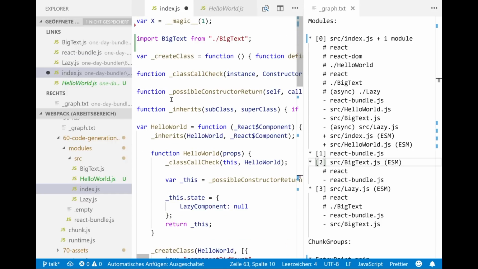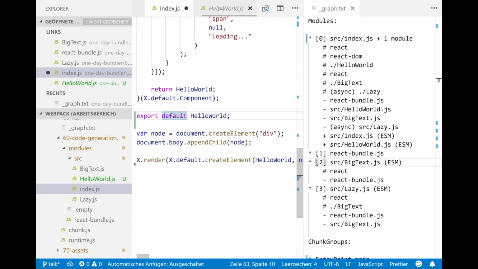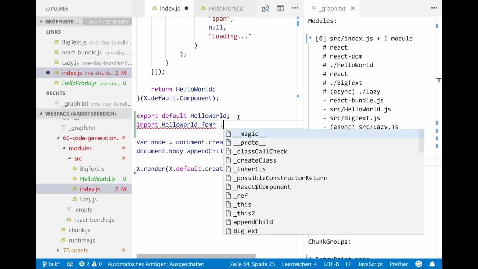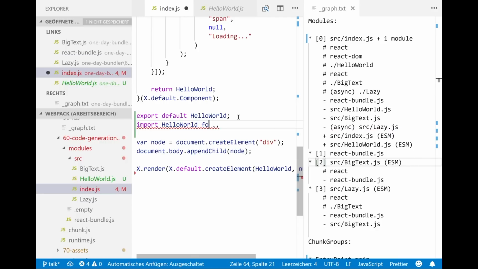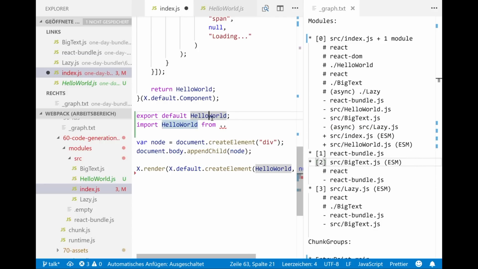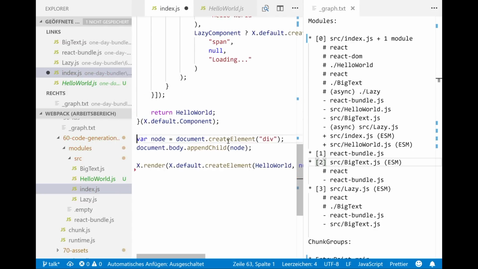So what we also have to do is, we deleted one line. So basically, it's the default export, and there was this import hello world from anywhere, and we basically rename the stuff to make this identifier and this identifier equal, and luckily its name is the same, so we can just remove this one, and it should work.